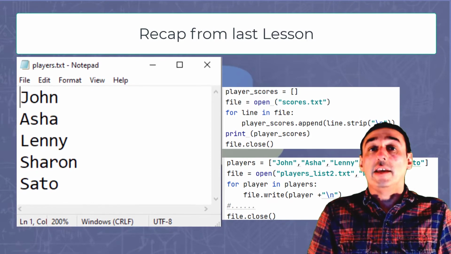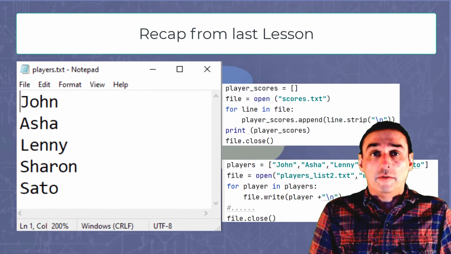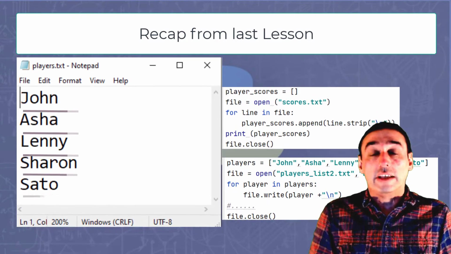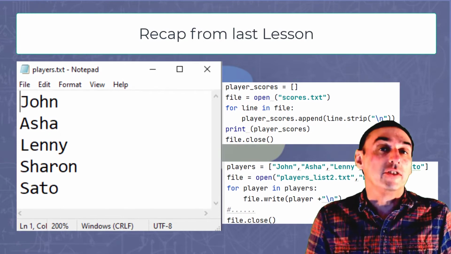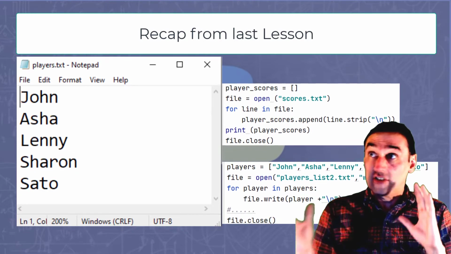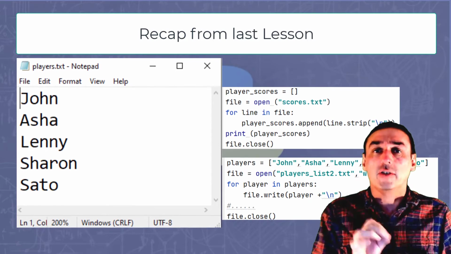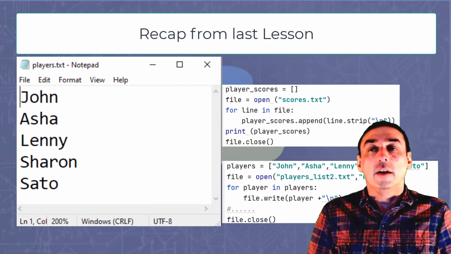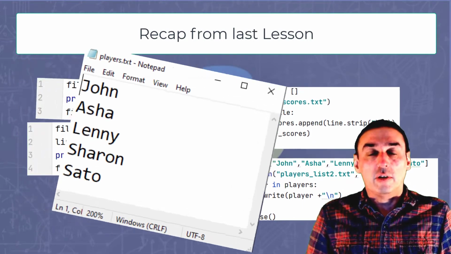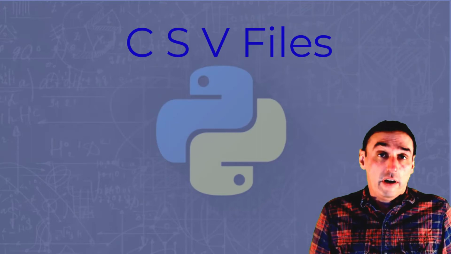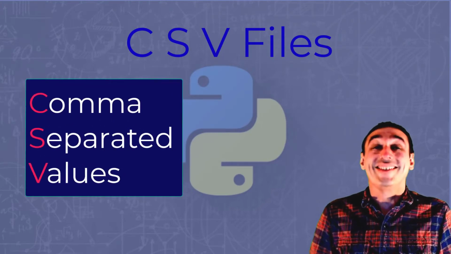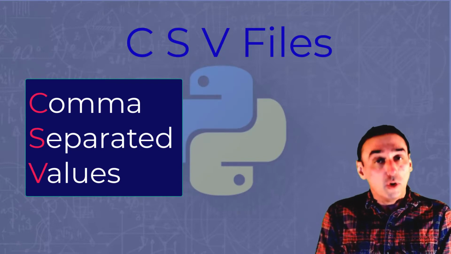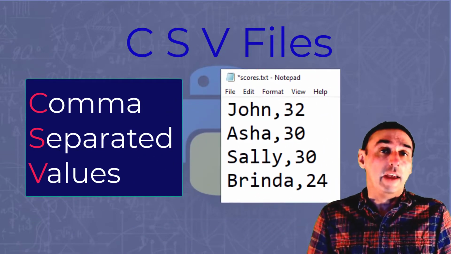So if we take the players.txt file from the last two programs, we'll notice that each person's name is stored on each line. However, this is a little bit limited because if you want to store separate items of data associated with each person's name, then using this method we can't do it unless we create, say, another file. So one way of doing this is using what we call a CSV file, CSV standing for Comma Separated Values. This is the idea that we can store multiple values on a single line of text and separate those